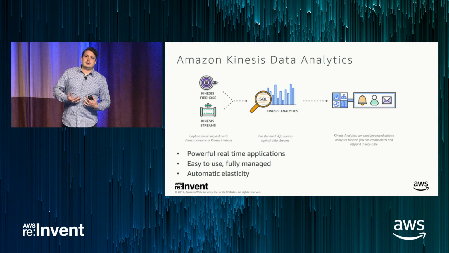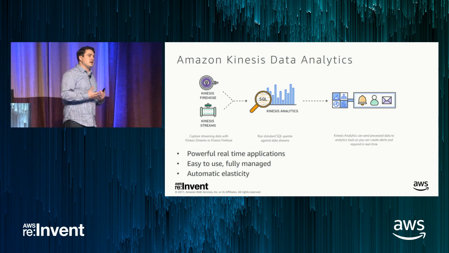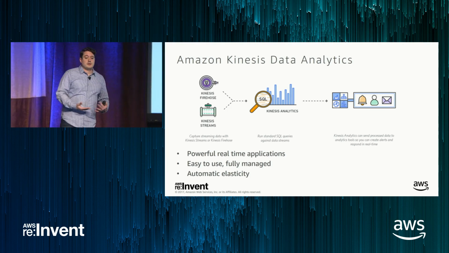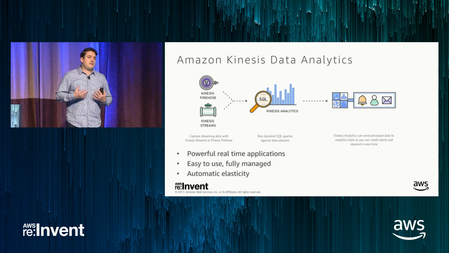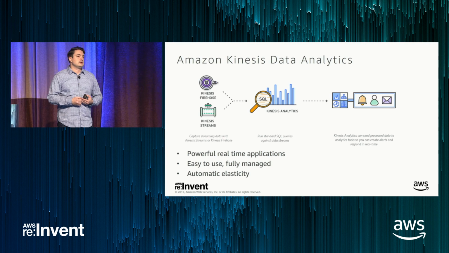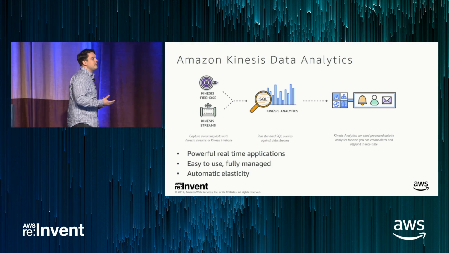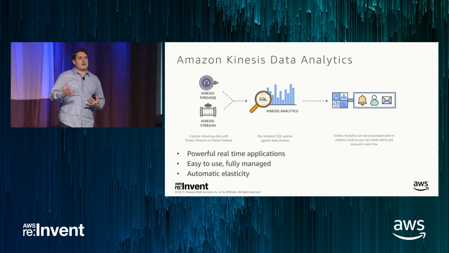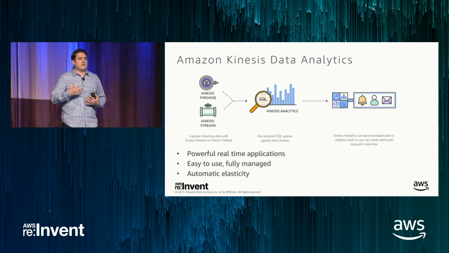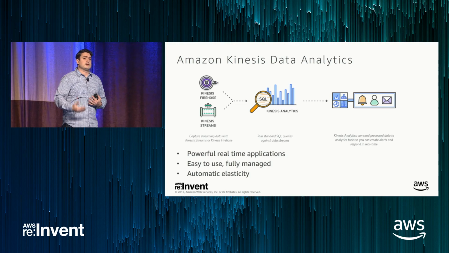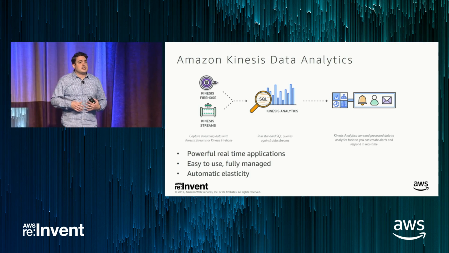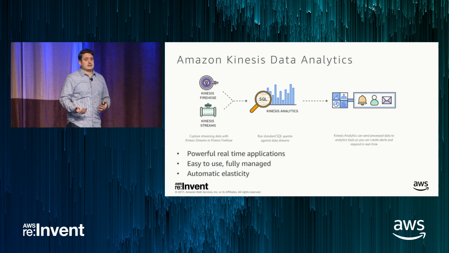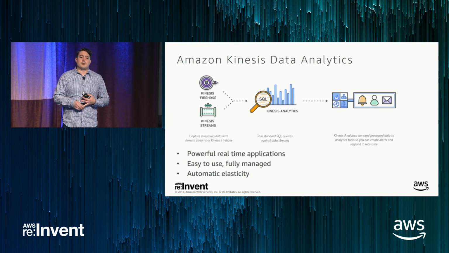So Kinesis Data Analytics is the service that I mentioned that allows you to write SQL over streaming data. The primary value prop of this is that it's really, really easy to get started to build fairly powerful real-time applications. So you can set up a POC to read data off of a stream, compute some useful information. We talked about the time value of data over time, and it allows you to get that information very, very quickly. So there are two very common scenarios or use cases that we see with data analytics. The first is aggregation in front of a database, and the other is responsive analytics. And we'll go over them later in the deck in a little bit more detail.